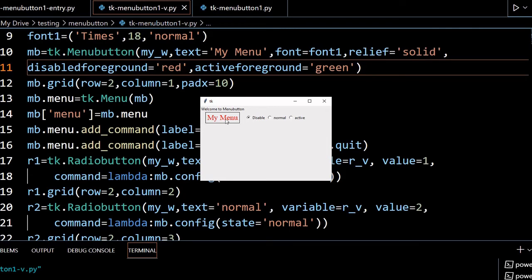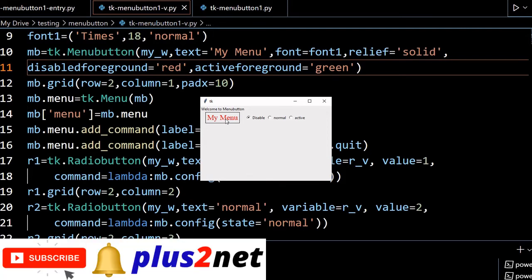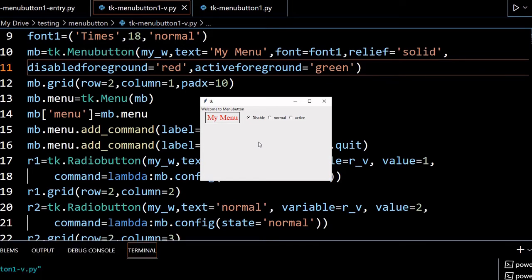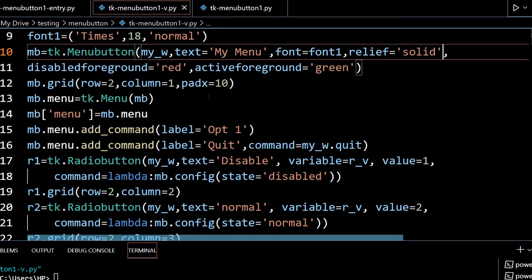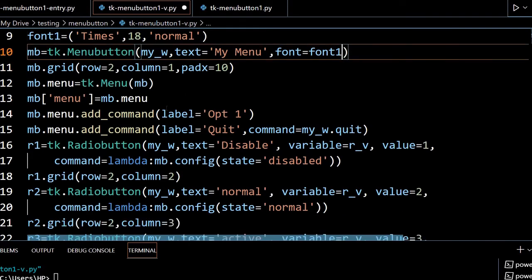Now let's use text variable, because these are the important things we'll be using in our applications. So this text and this state, in fact all options can be configured. You want a different background color, all can be configured, but the important part is the state and the text variables. Let's understand text variables. So we'll remove all this, active background, from here we'll remove this. We'll keep the font only. The rest of the things are not required.